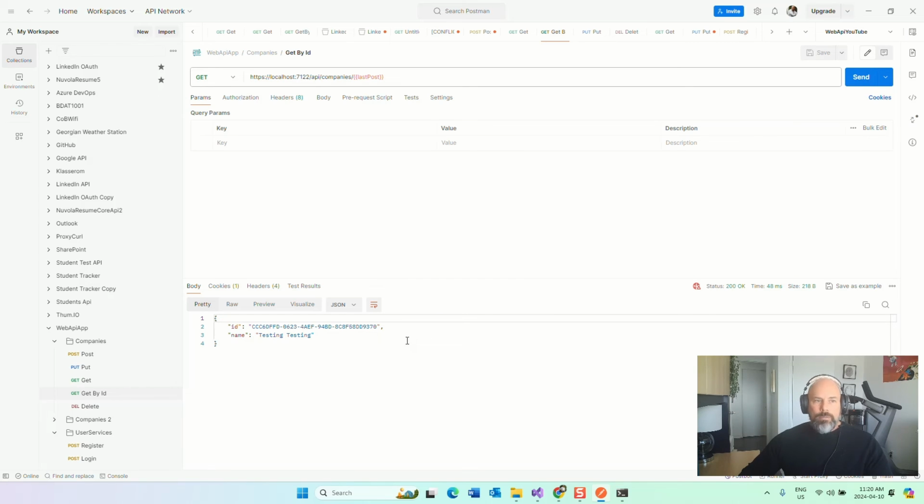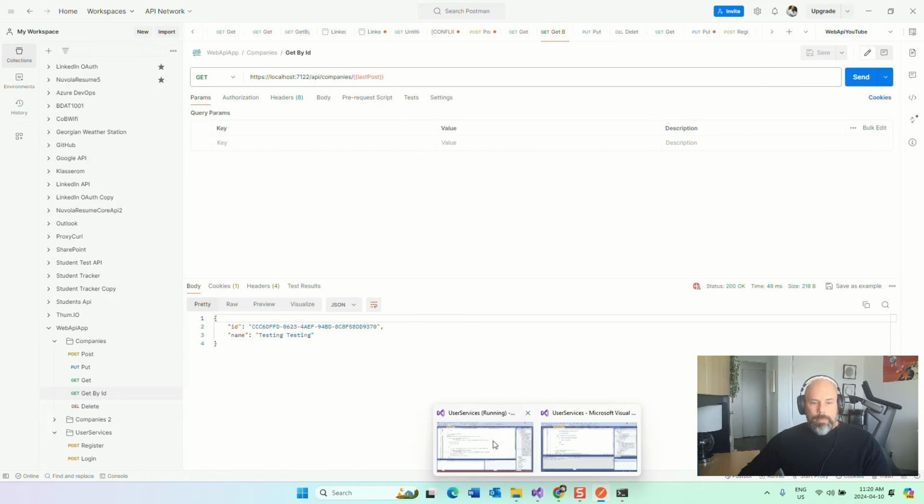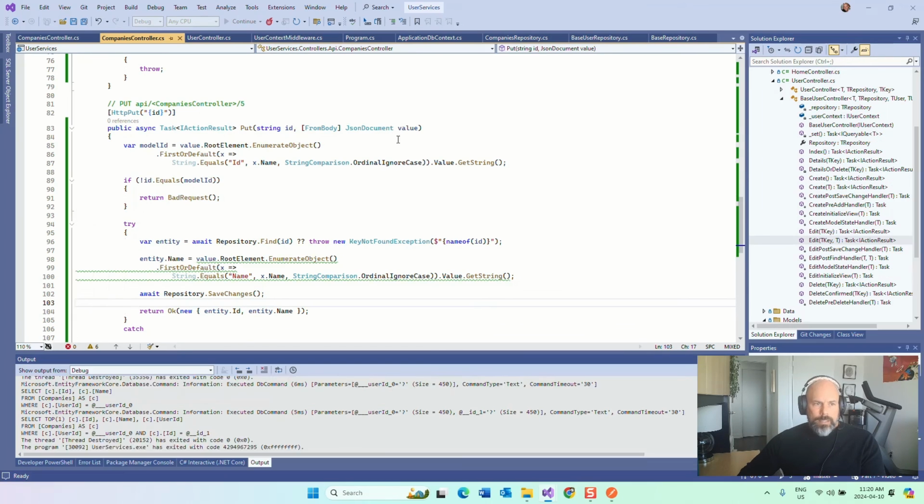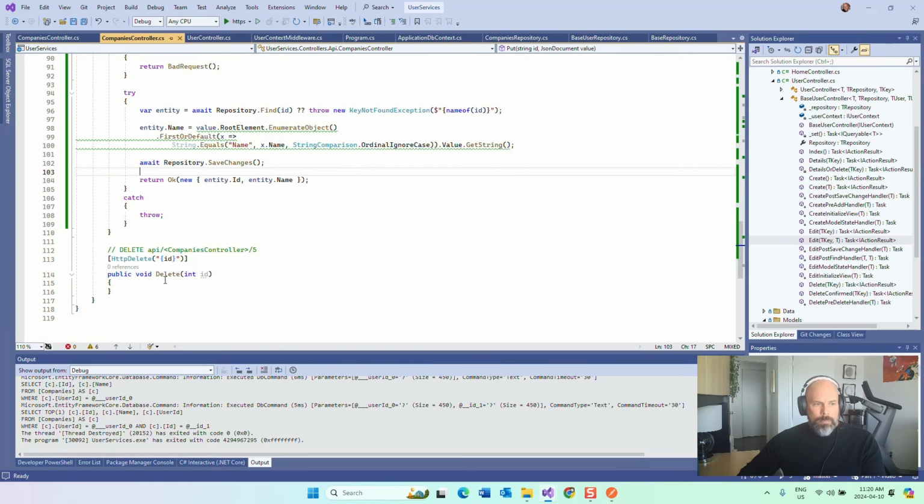Excellent. So we have all of our features working except the delete method now. All right, so let's do our delete method. Now delete is fairly simple as well. If you have